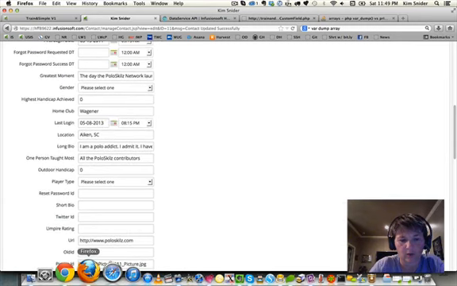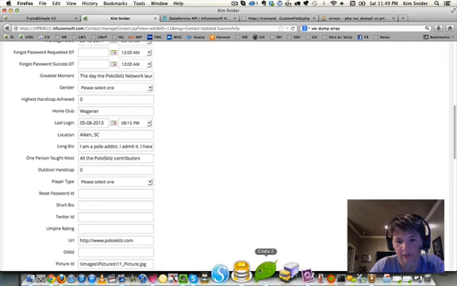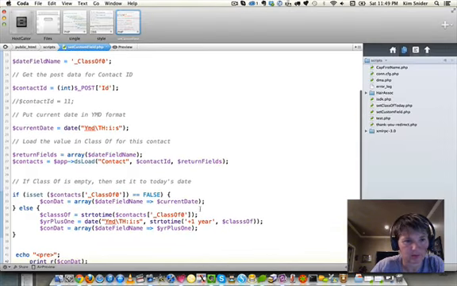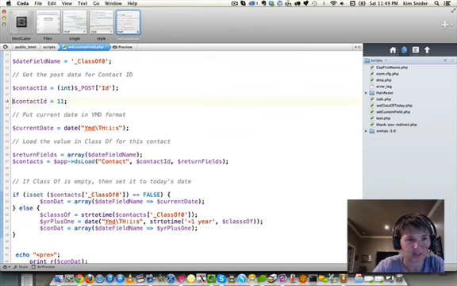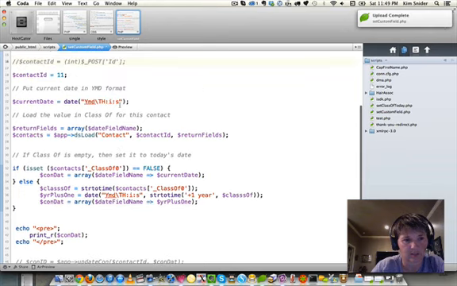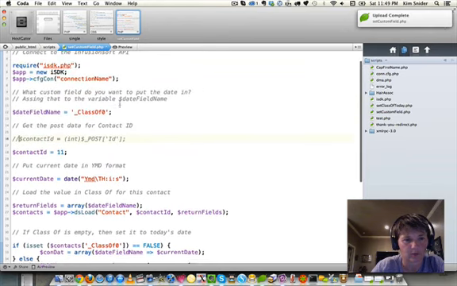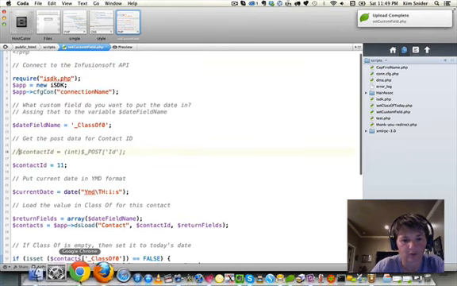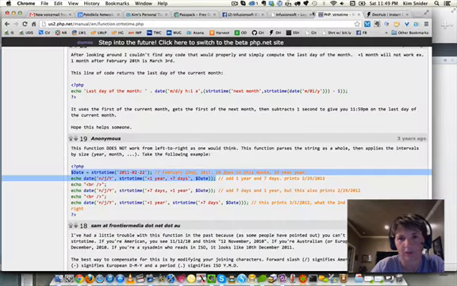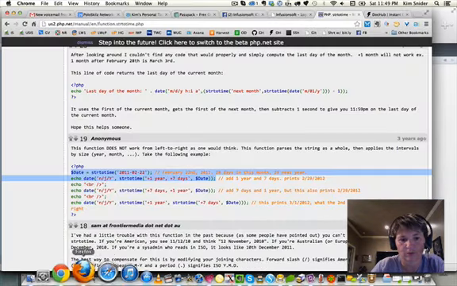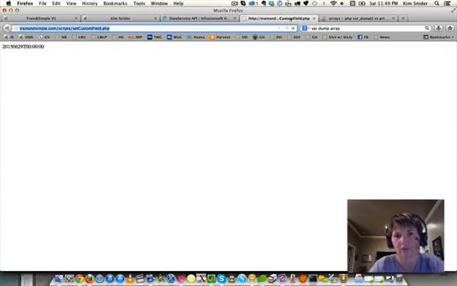Now, I wonder what would happen if instead, because we seem to be working pretty well before when we were using this contact ID here set to 11 instead of this post ID, I thought. So let's try this and see. So first of all, we'll just see what we get when we go, wrong browser, when we go here and just hit